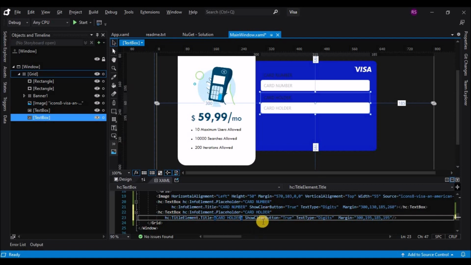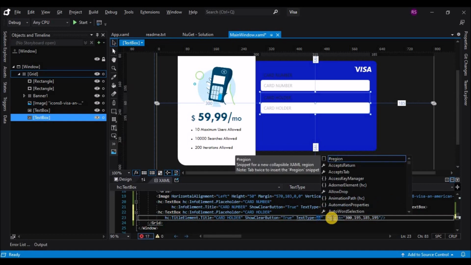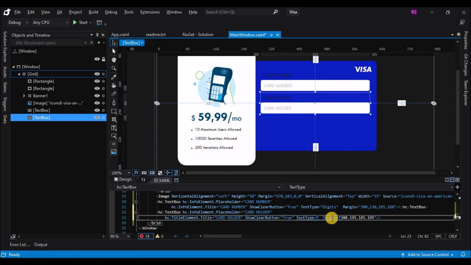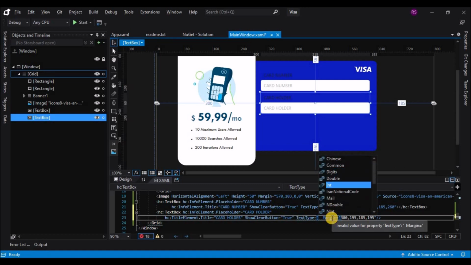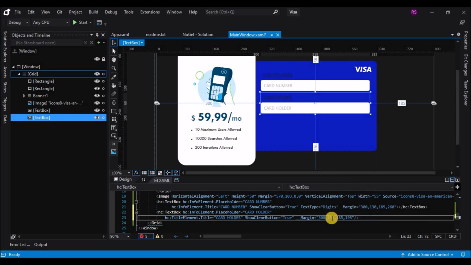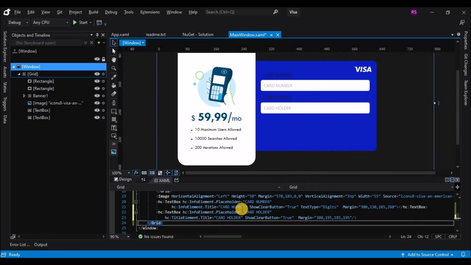So that validation is up to you. So I will remove this text type. Okay, and then let's make one more copy.